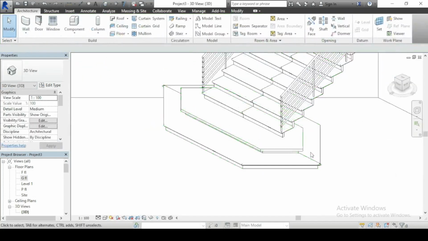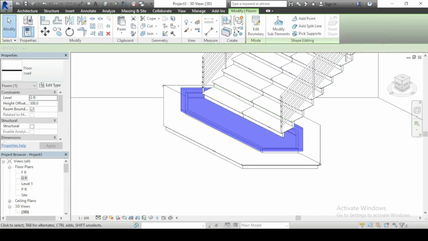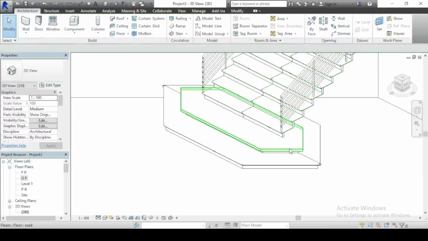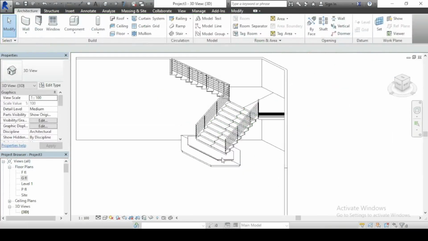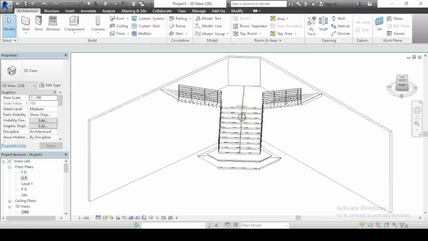So you can see I've closed it. So it's basically it. So I'm just going to be adding some few elements to,